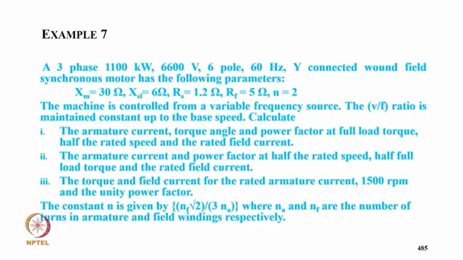Coming to example 7: a 3-phase, 1100 kilowatt, 6600 volt, 6 pole, 60 Hz, star connected synchronous motor has the following parameters: XM equal to 30, XL equal to 6 ohm, RS equal to 1.2 ohm, RF equal to 5 ohm. The machine is controlled from a variable frequency source, with the V by F ratio maintained constant up to base speed. Calculate the armature current, torque angle, and power factor at full torque, half the rated speed and rated field current,